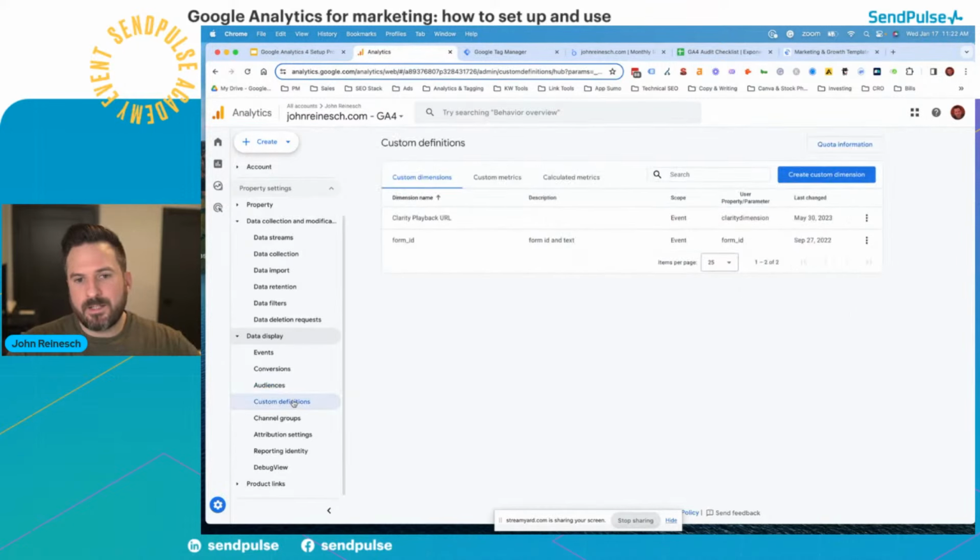Now, custom definitions is another really good feature. The way I typically do this is using Google Tag Manager. One example would be if you set up an event for all form submissions on your website, you can use these custom dimensions to break down which forms those were. So you could set up a custom dimension for form ID, which would allow you to see the different form IDs. So in theory, you could have one event for form submission, and then you could break that form submission